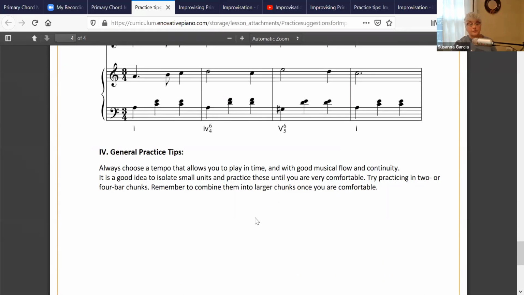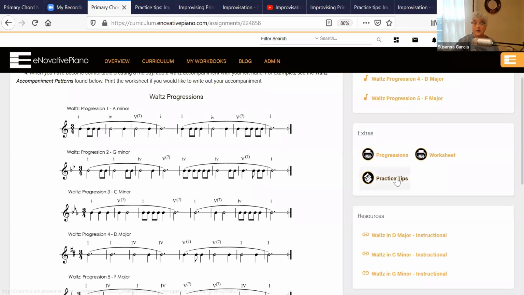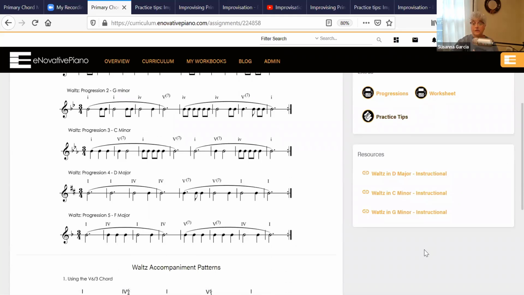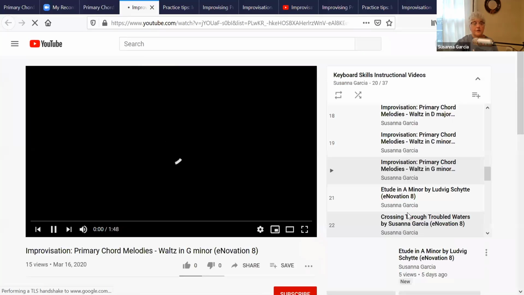General practice tips, of course, as you know, always play in time with good flow and continuity. So that document is essential. We'll be working with it. Of course, the worksheet is essential for you to hand in your assignments. Finally, under resources, there are 3 very short videos that demonstrate me working out some of those practice tips. So if you go to the Waltz in G minor, you'll see